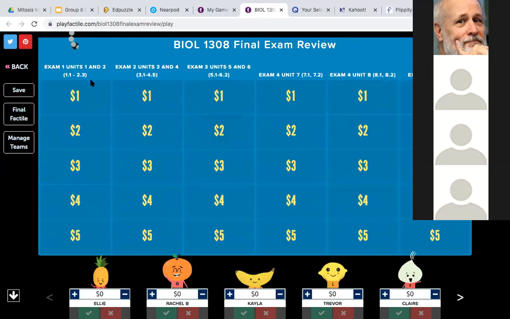And this game board pops up. And so I just project the game board, and I have all their names. I actually entered them in order of best attendance to worst. So whoever has the best attendance gets first dibs on the question. And so here's just a tip that I have found when you try to play these games in class. You have like 3 students who dominate, right?